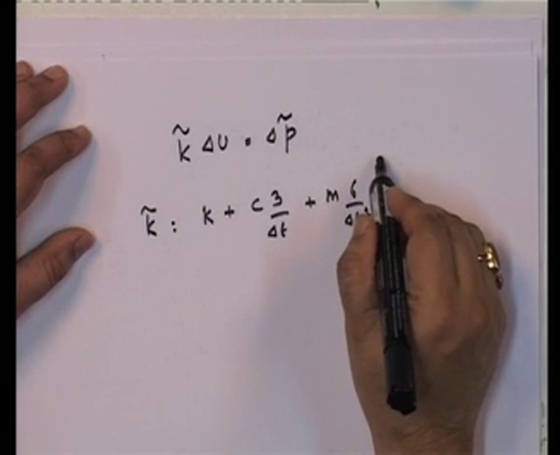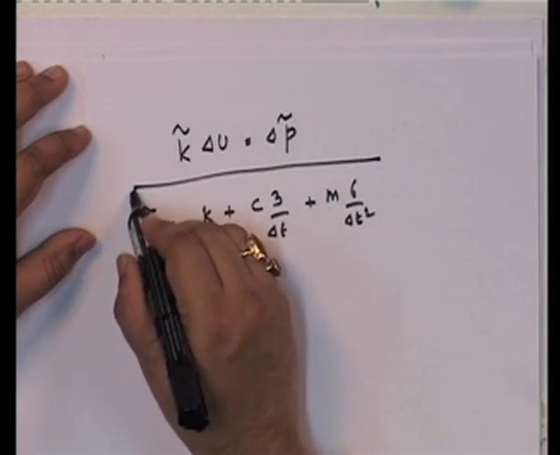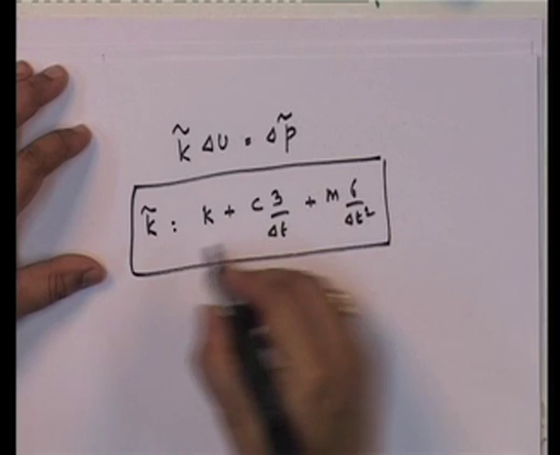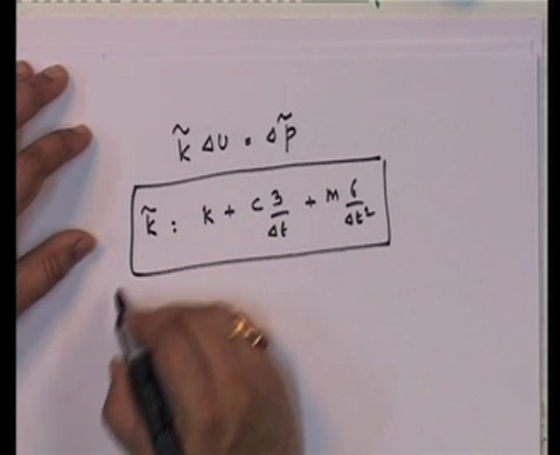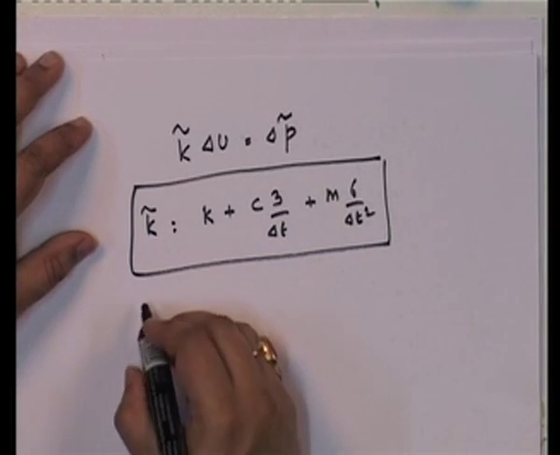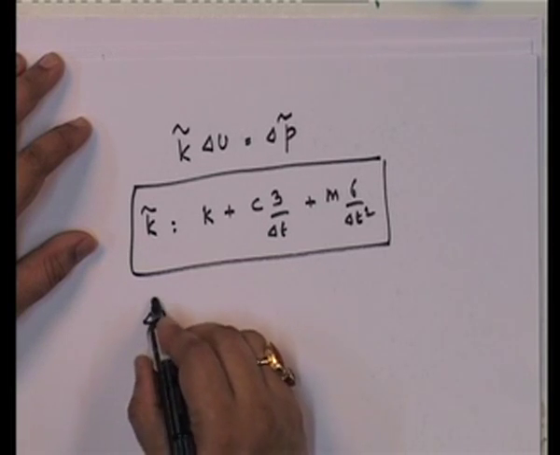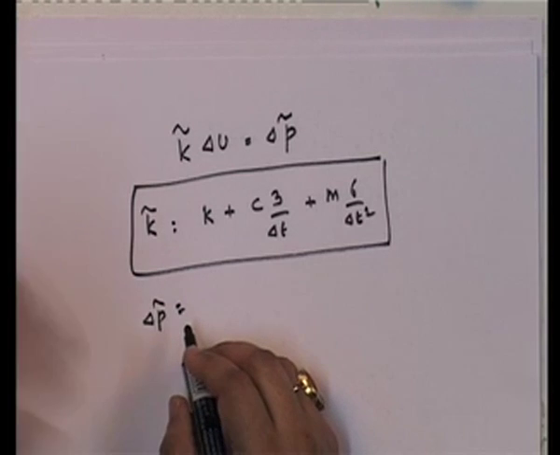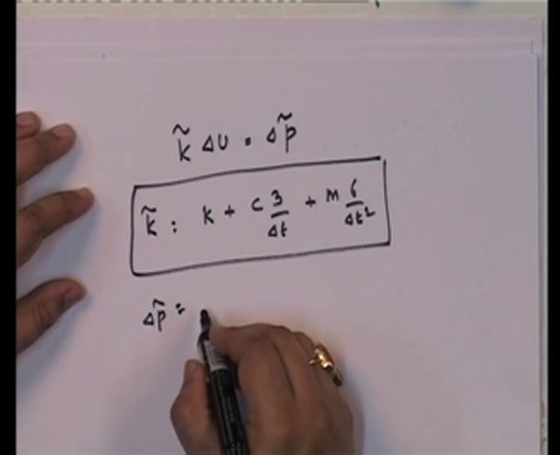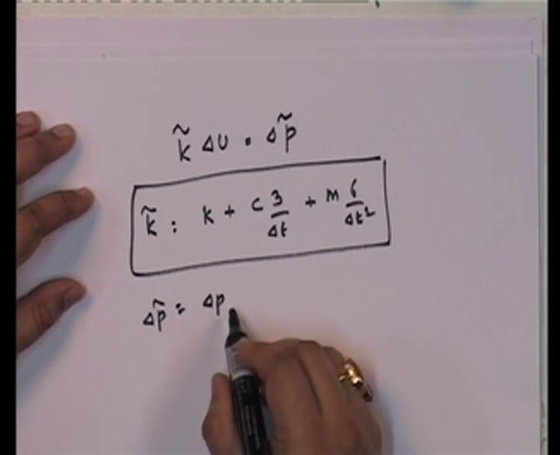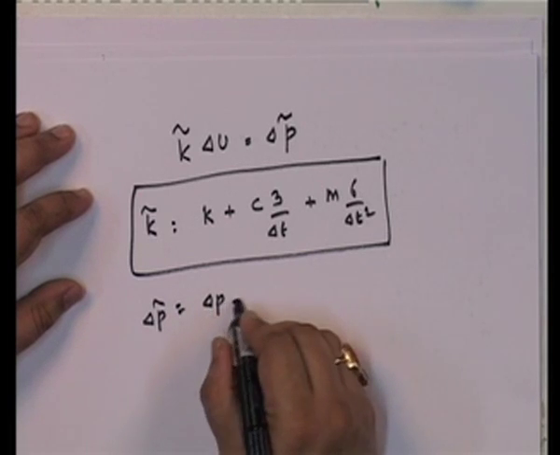Okay. That is my k star. And my delta p star becomes delta p, the delta p is already there, plus